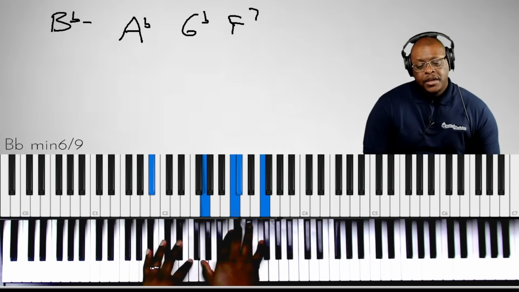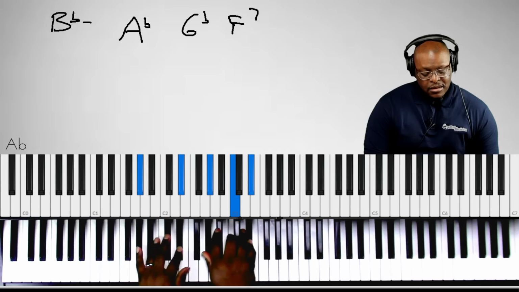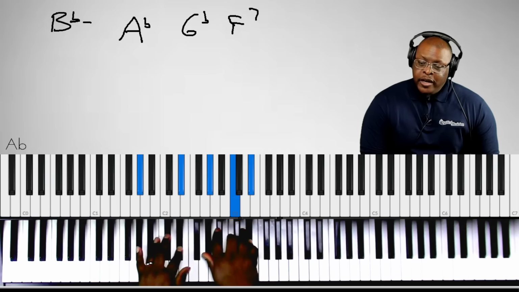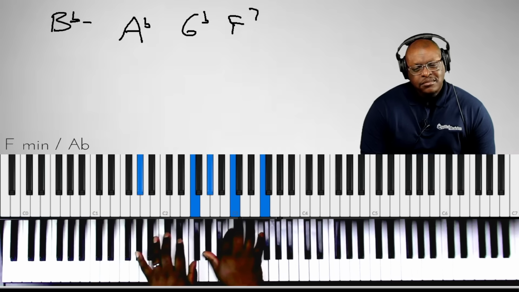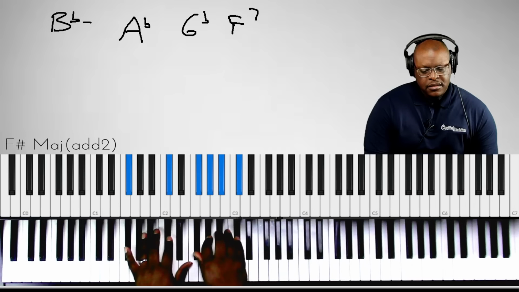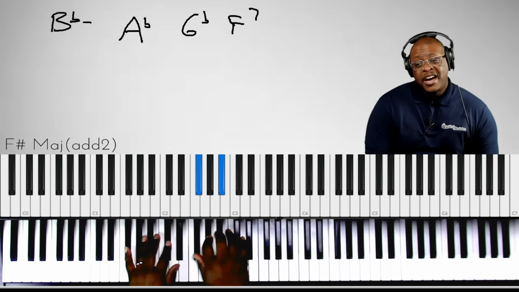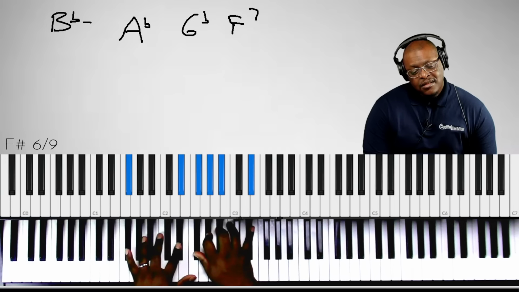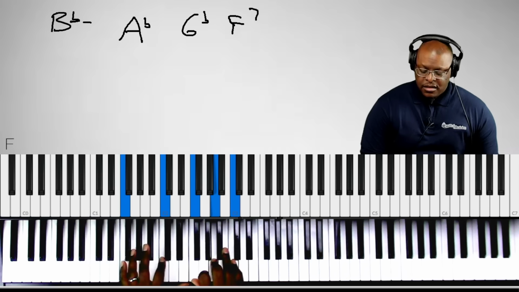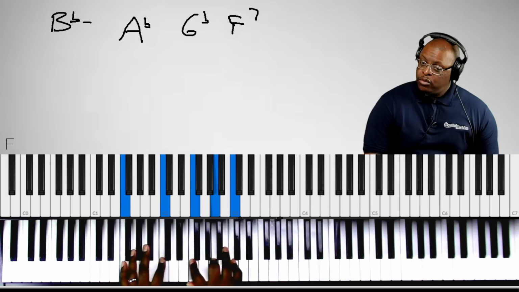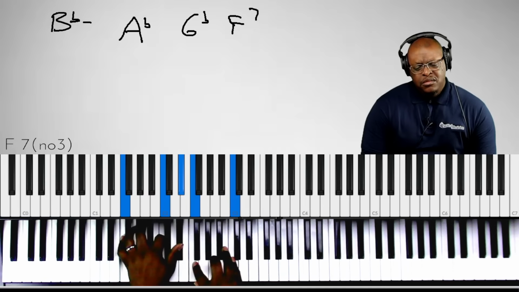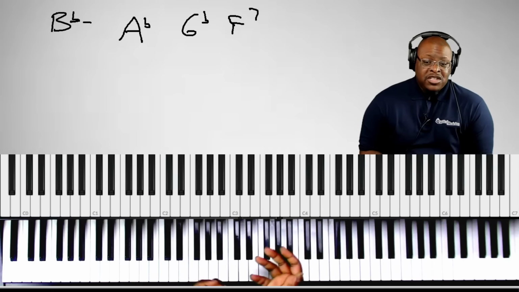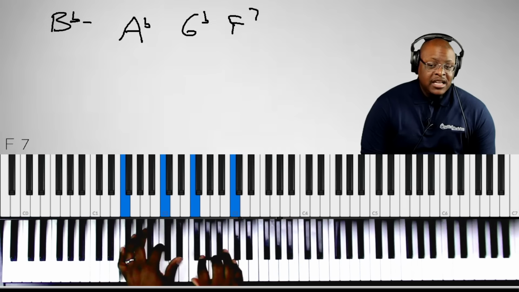All right. So for the A flat, we can do some similar things. We can move the 5. For the G flat, we can do something similar. Move the 5. And for the F, we can move the root down. Ooh. And so, like, I haven't changed. I'm still on F, but I'm changing. I'm doing a line cliche.